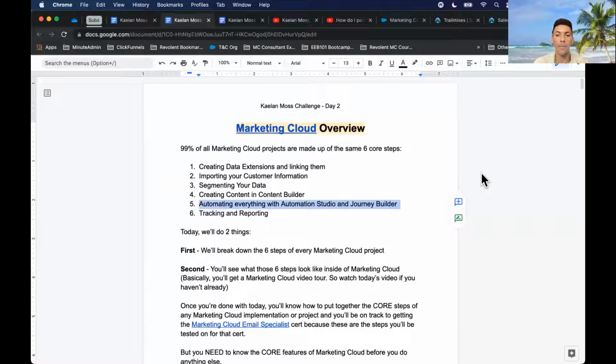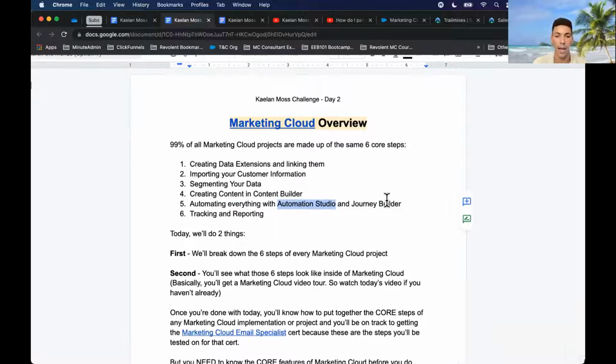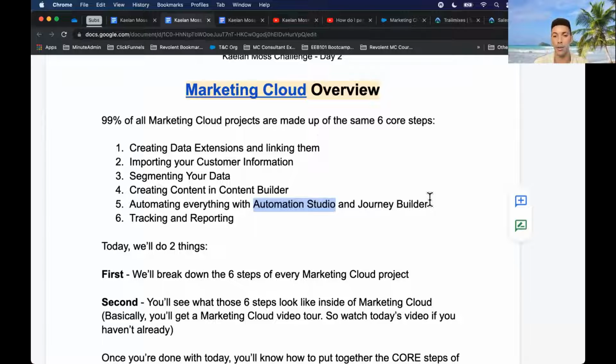And then you want to make sure once you create everything, you segment everything. You don't want to keep doing the same routine, monotonous process every single time. So we've got these really powerful tools in Marketing Cloud, one called Automation Studio and the other called Journey Builder, which allow us to pretty much automate everything we've already set up to this point.